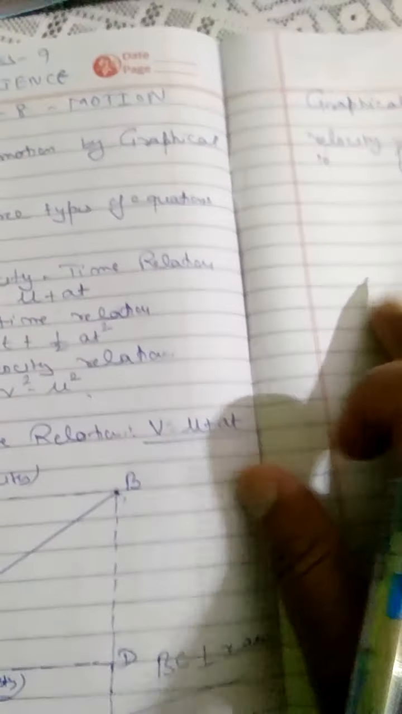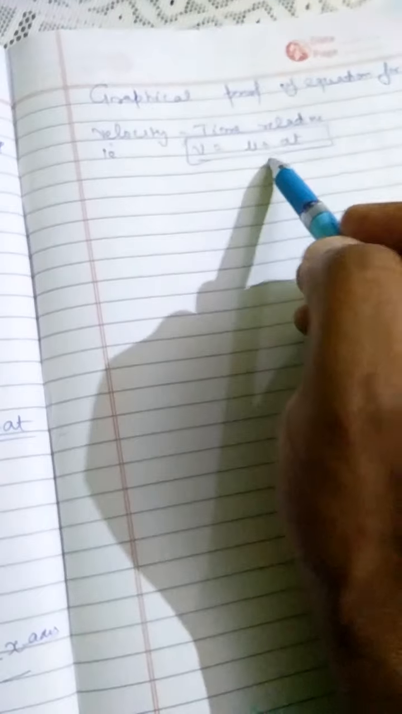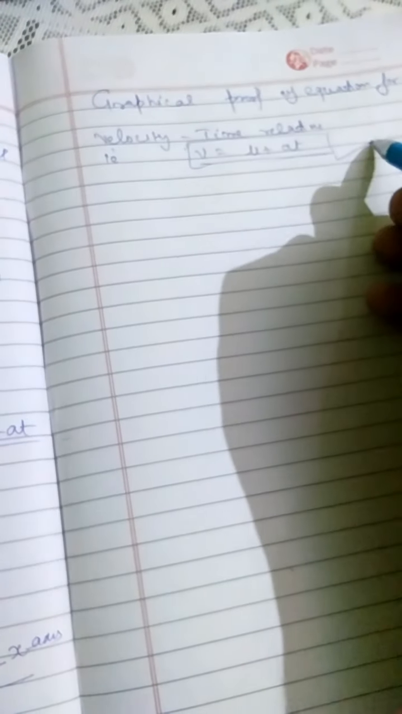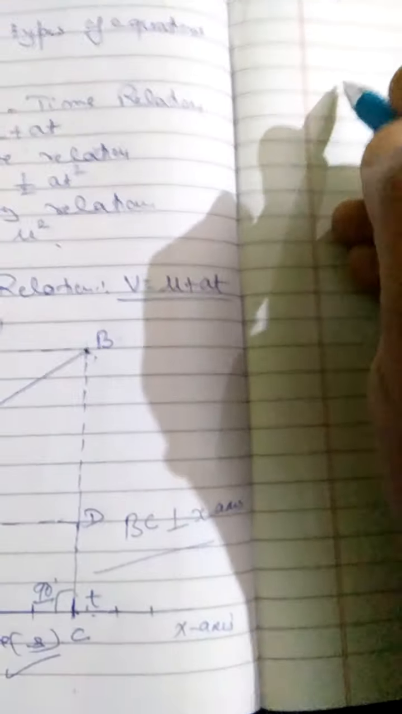Now we will show here graphical proof of equations for velocity time relation, that is we will prove that V is equal to U plus AT, this relation by this graphical method. Okay beta, so now we will mention here